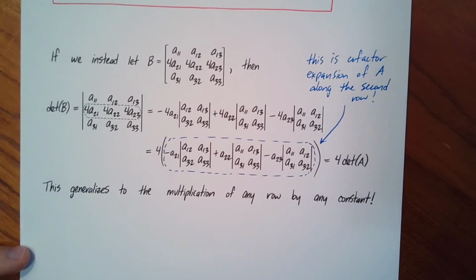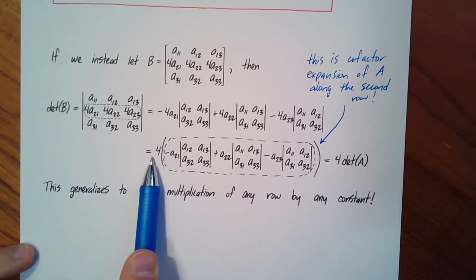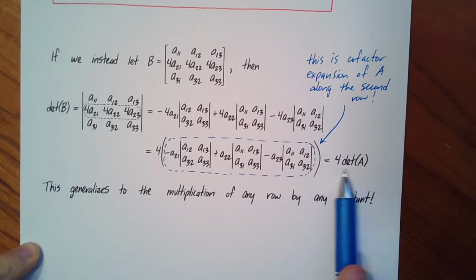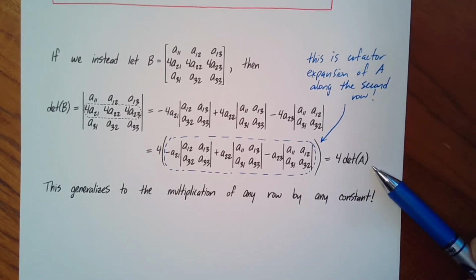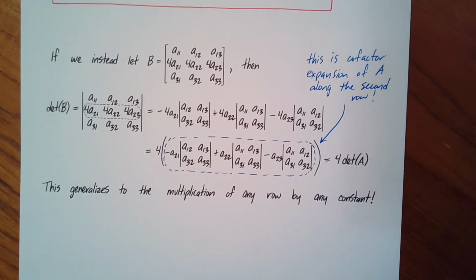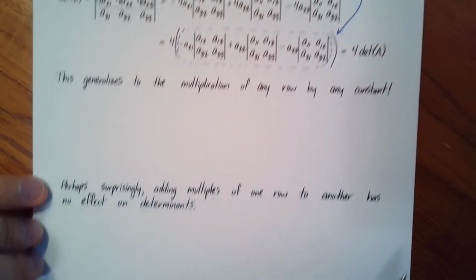So as a conclusion, what you really have is that this is just the determinant of the original matrix A. So you end up with 4 times the determinant of A, and that's how we get this conclusion over here. Okay, and that's just the case of 3 by 3 matrices, and that's only one example of a non-zero constant you can multiply a row by, right? You can multiply any row by a non-zero constant. It doesn't have to be 4, but in general, this same sort of phenomenon will occur, and so it generalizes